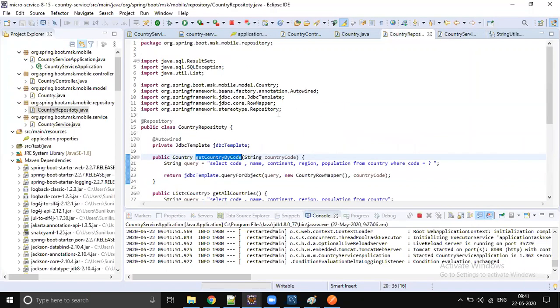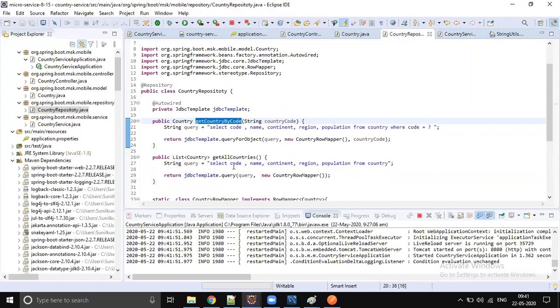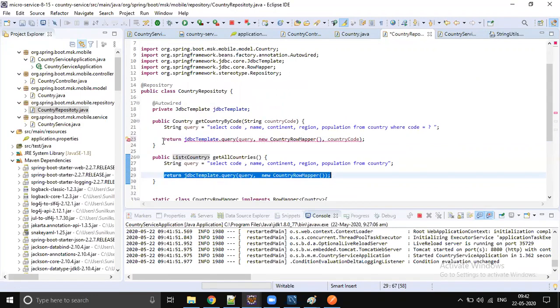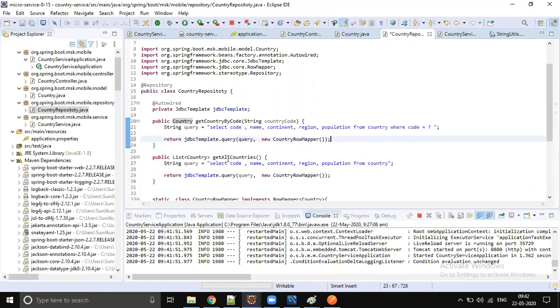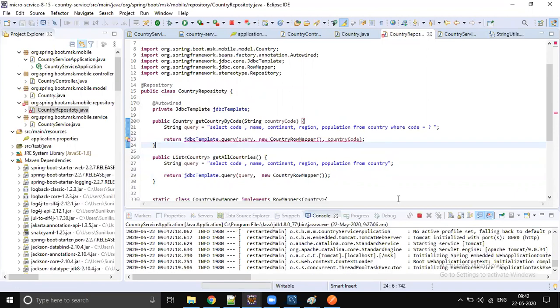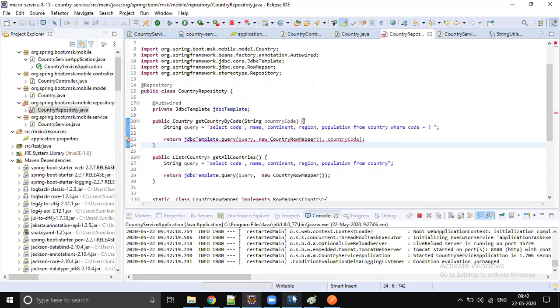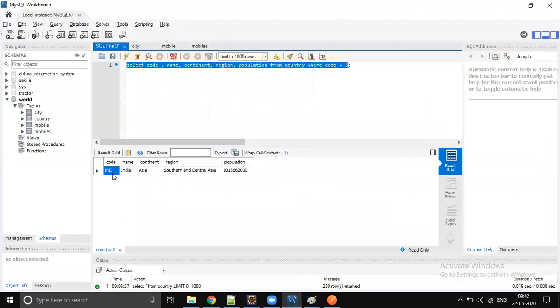Let's go to the database and remove this query for object and put the query. Okay. Put the query. Let's call this method here, right? So let's call this method. You will come to know what will happen if you get more than one result, right? Okay, let's change the input, right? So India, there is only one row. Of course, it is a primary key. By using primary key, we will have only one row.